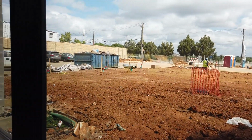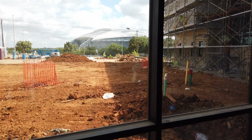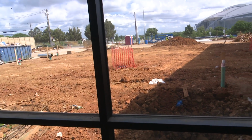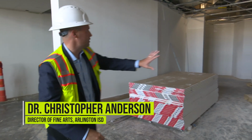It's my understanding, Dr. Anderson, this will be a fenced and landscaped courtyard as well for the students, so it'll be totally secure from the outside. That is exactly right. It is an extension of the classroom into the outdoor space, protected just like they are in the school. Okay, so now we're in the learning stairs area, and this is a very unique space right